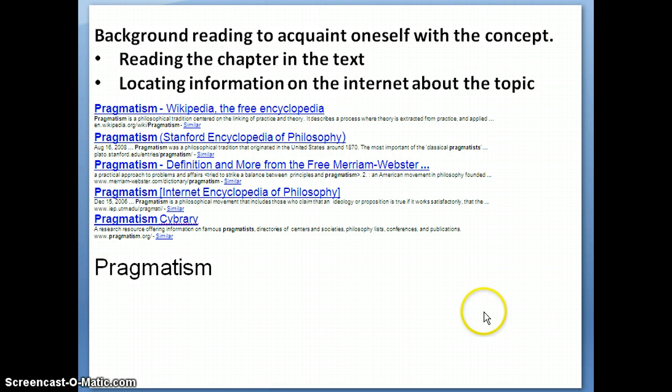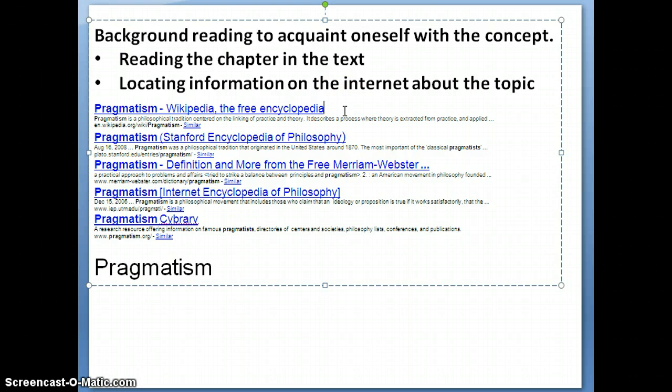Okay, this slide and the next slide are the first 10 hits that I got when I searched for pragmatism. Now, we'll analyze it a little bit, but notice on this page: Wikipedia, Stanford Encyclopedia of Philosophy, the free Merriam-Webster Dictionary, another Internet encyclopedia, the Pragmatism Library, which is another form of an encyclopedic process. Did you ever wonder why Wikipedia always comes first on the list? Well, in this listing, it simply comes up by frequency of hits. So lots of people use Wikipedia,